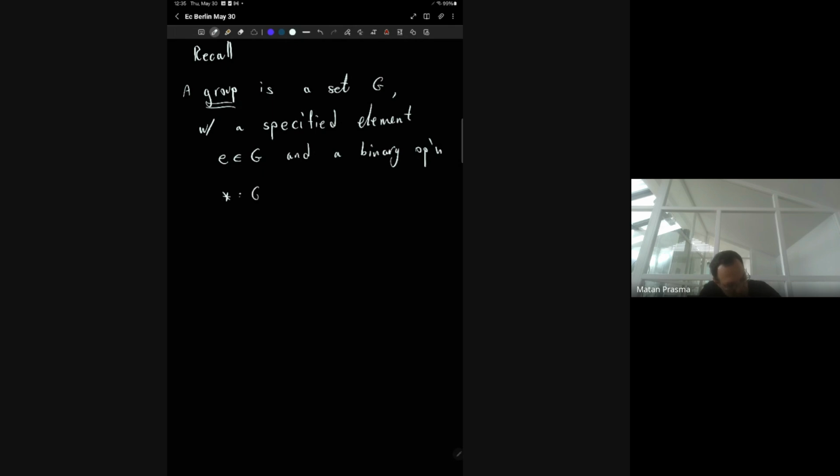This is like a function from the Cartesian product of G with itself into G, such that